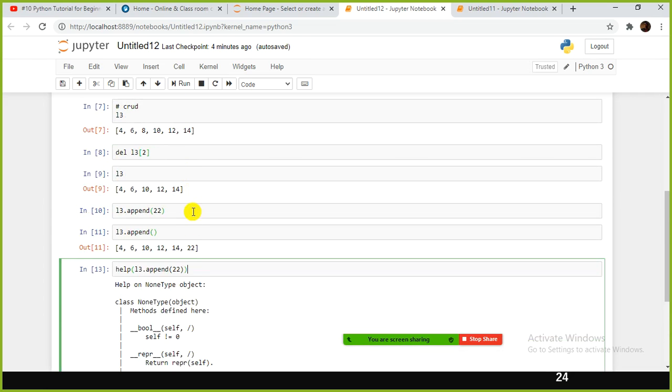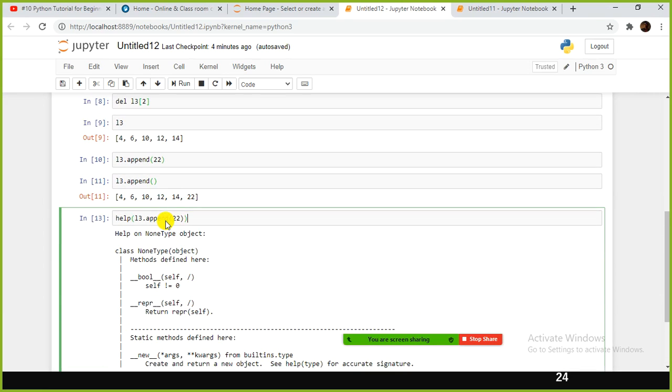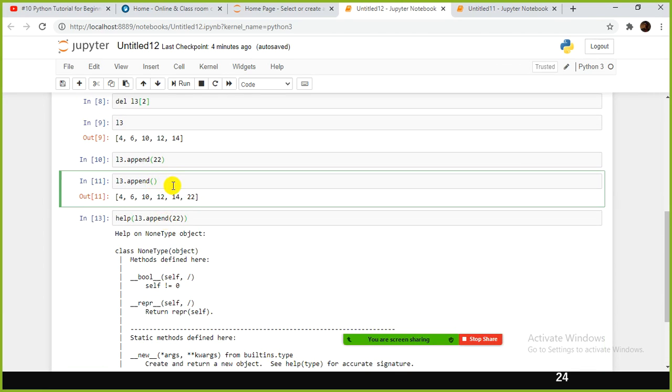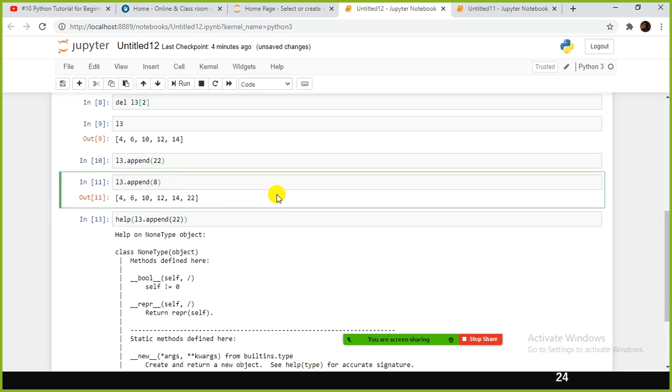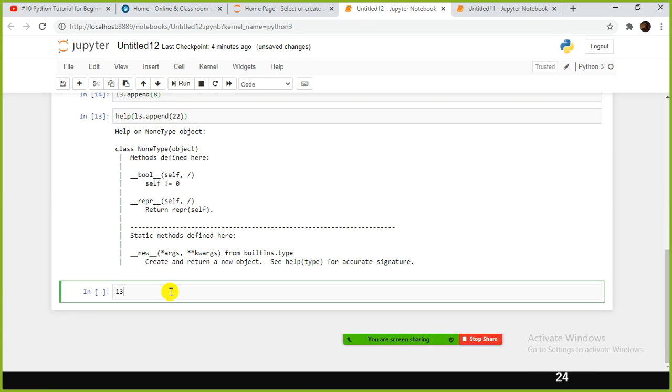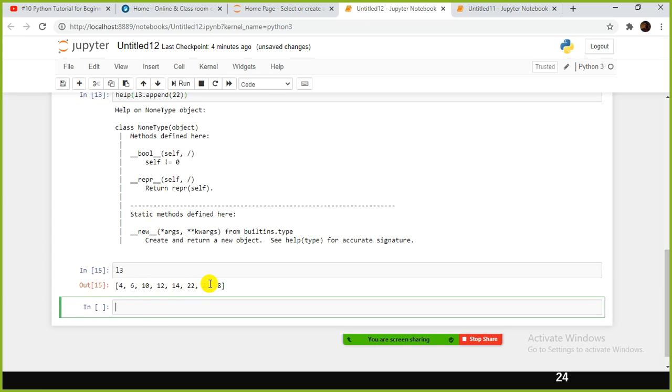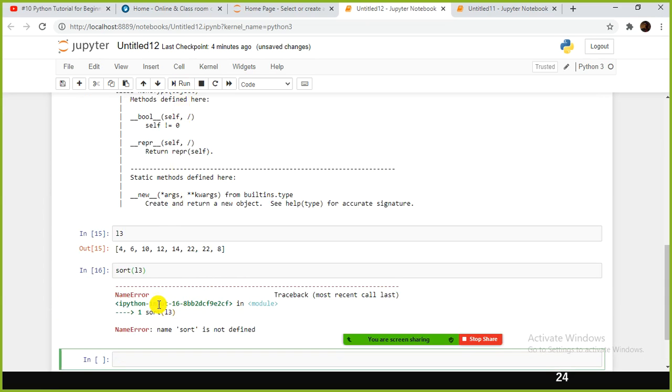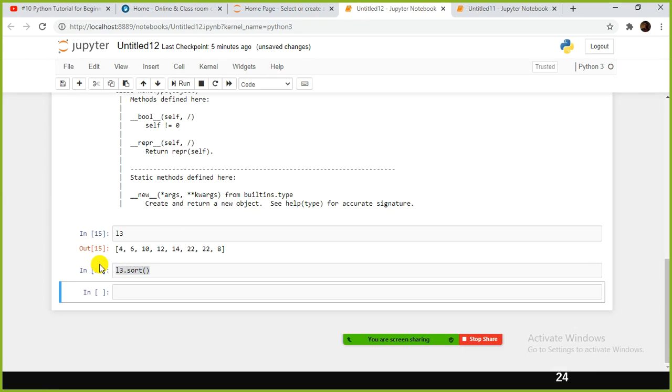So what I was trying to do is insert the new values in a specific place. For example, I have 8, right? So what you can do is append, for example, L3.append(8), okay? And if I print L3, it will include 8 at the end, right? So you can use the sort function, L3.sort(), yeah, L3.sort().